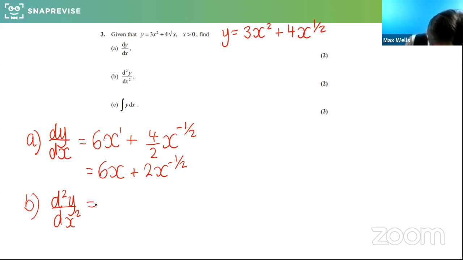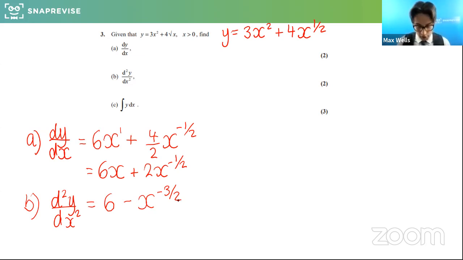Okay, so differentiating again, the previous part. So the power is 1 multiplied by 1, and obviously 6x will just become a constant. It will just become 6. And then multiplying by minus a half, we're going to get minus 2. And then times it by half, so minus x to the minus 3 over 2. Okay. And again, that's fine, or equivalent. Any equivalent form would be fine. So that's part A and B.